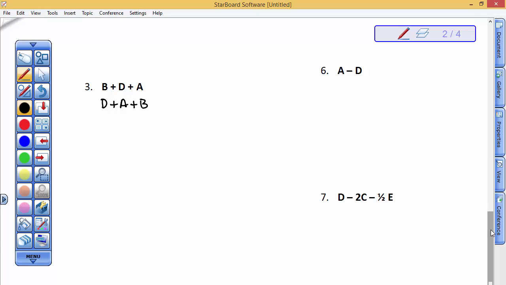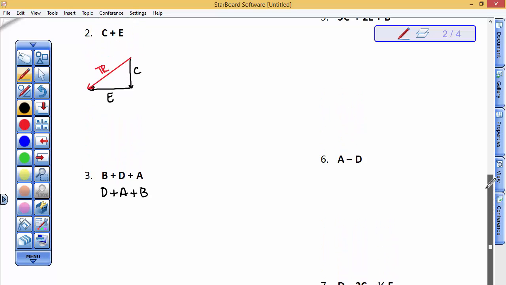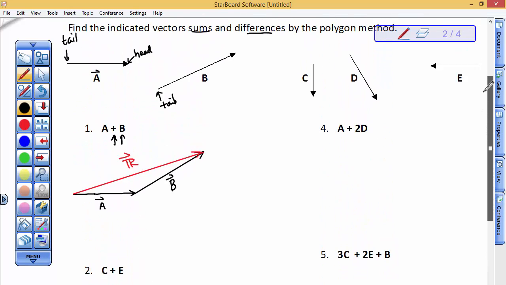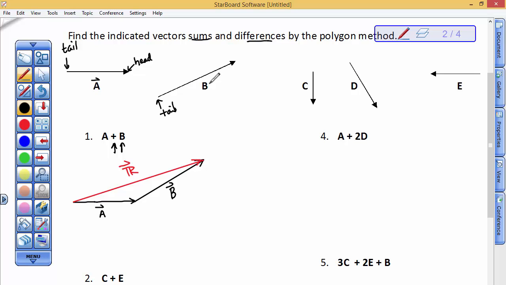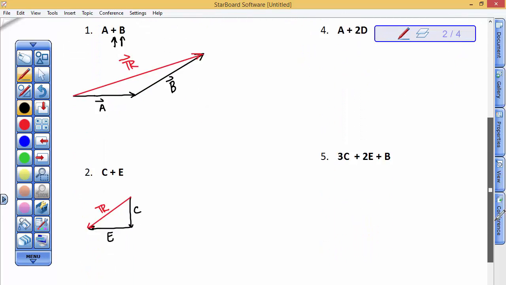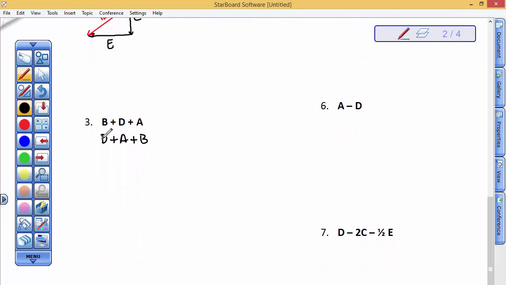So I'm going to go ahead and take a peek at what these vectors look like. So D goes like this, B goes like this, A goes like this. I'm trying to memorize it in my head. So D, I'm going to start with D. So I'm going to draw, because I wrote it right here. D goes like that, as I recall, and it's about that long. I'm going to redo it. So D is here,